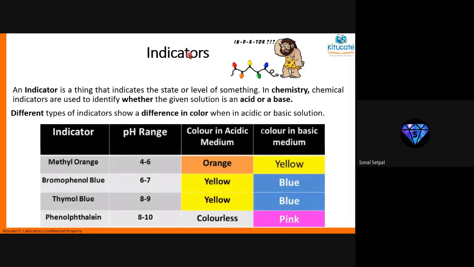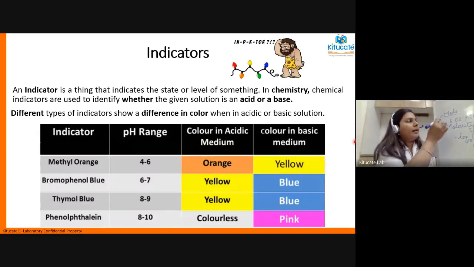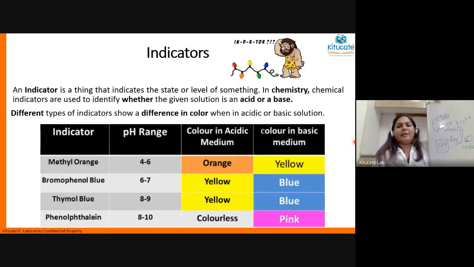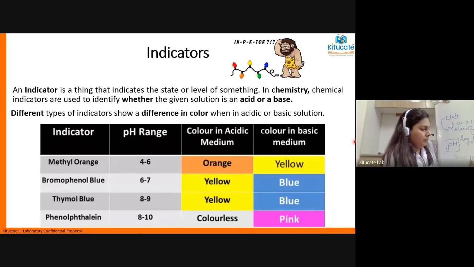Ma'am, I don't understand molarity. Okay. Molarity is a unit for moles. Just remember that much. Okay, ma'am. All right. So this is all about what pH is. We got into pH and we dissected pH into its formula, and we understood the different components of the formula. Now let's come out of pH and see only the pH scale, which ranges from 0 to 14. Let's come back to our topic.